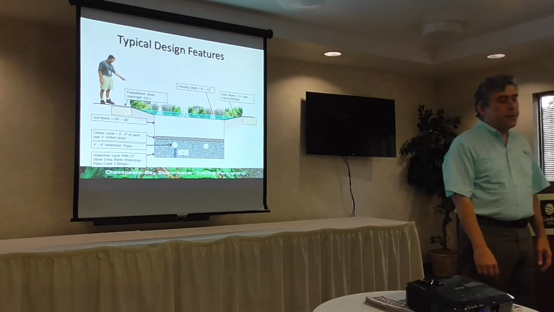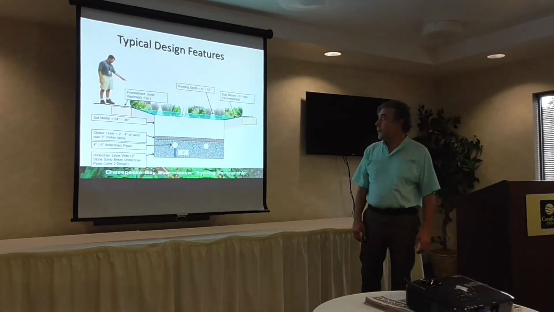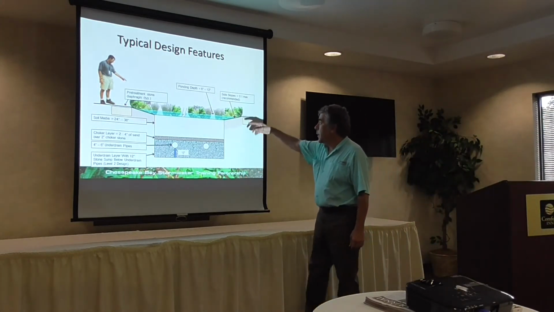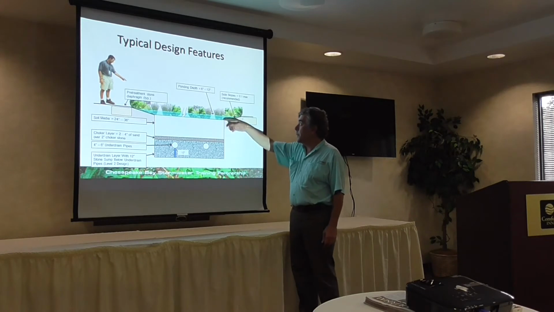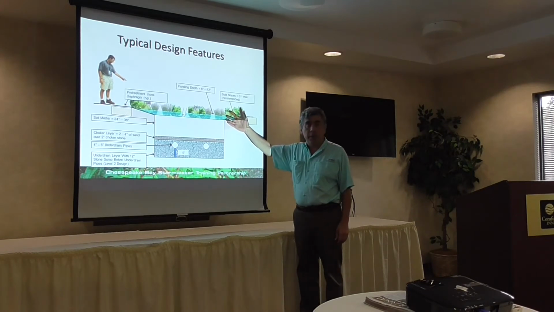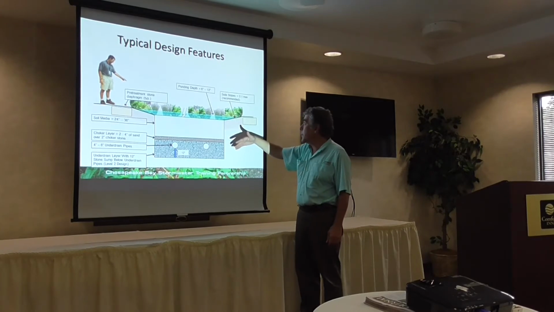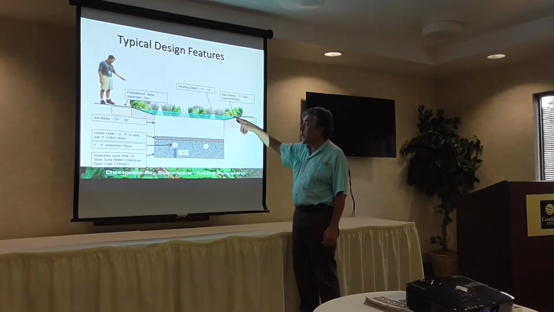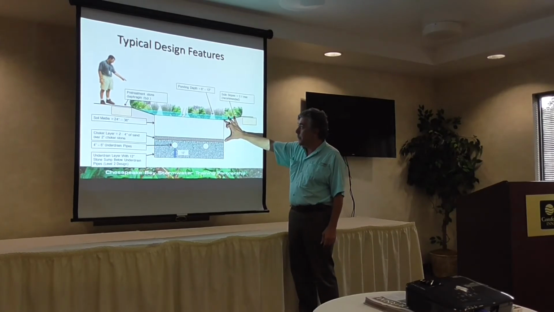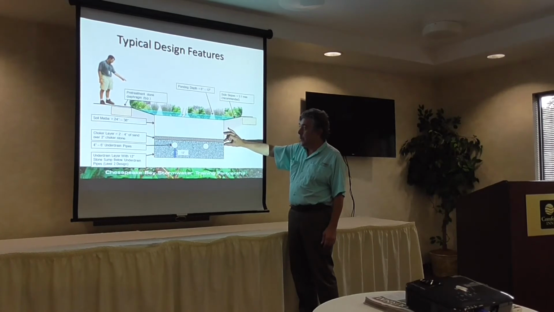Typical design features, looking in cross-section, you have the ponding depth, it's usually 6 to 12 inches maximum. In some areas, you can maybe go as deep as 18. We'll talk about those choices. Gentle side slopes. And then in cross-section, we have the soil media, a choker layer of sand over 2 inches of choker stone. And then we have the